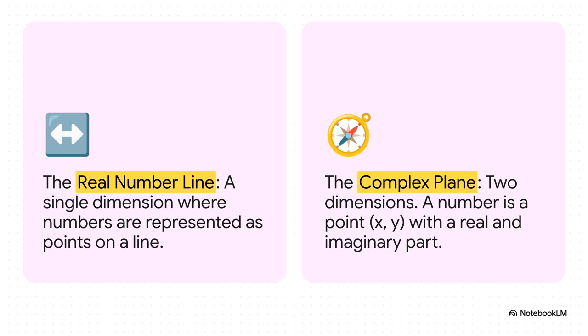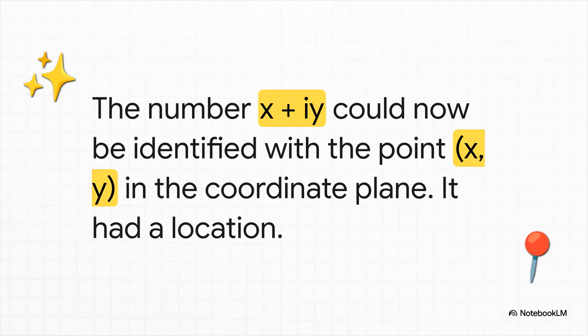What if imaginary numbers aren't on that line at all? What if they exist in a whole new dimension, shooting straight up and down, perpendicular to the real one? And when you put those two lines together, the real axis and the imaginary axis, bam! You don't have a line anymore. You have a two-dimensional plane, a map. And they called it the complex plane. And that was the big aha moment.